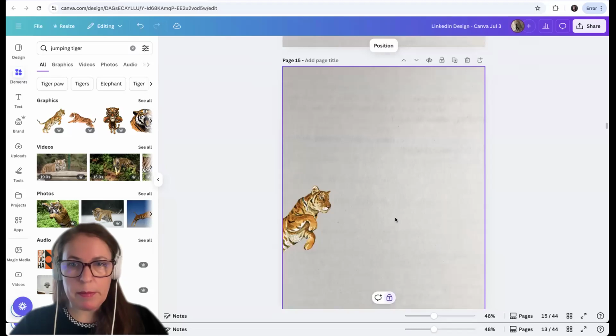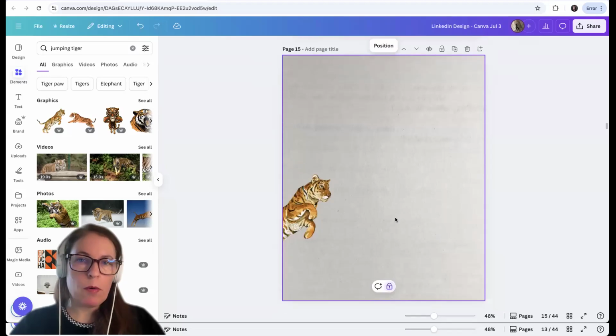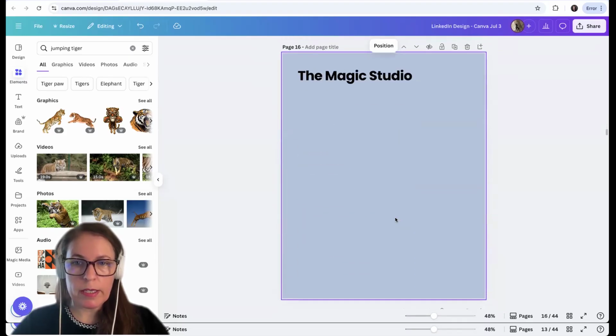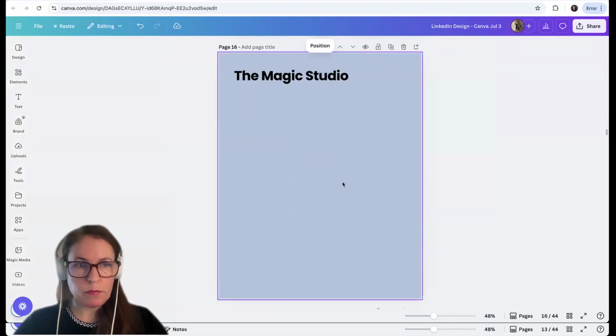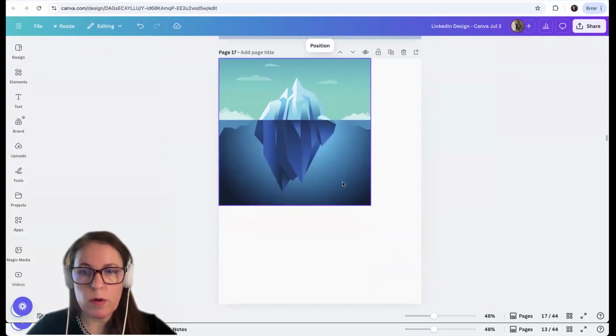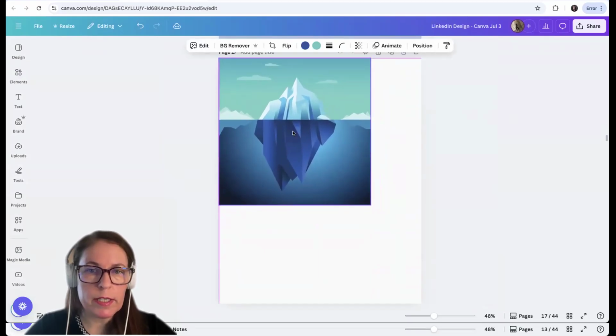So let me just spend maybe a couple of more minutes. I want to allow enough time for any questions that you have. So I will show you one more thing, and that is the Magic Studio. There is lots of things that we can do with AI in Canva, and that is how the Magic Studio is powered. So let's just say that this is an image that we would like to cover the entire screen